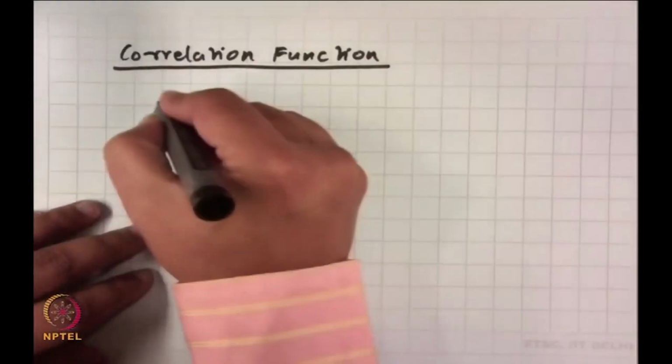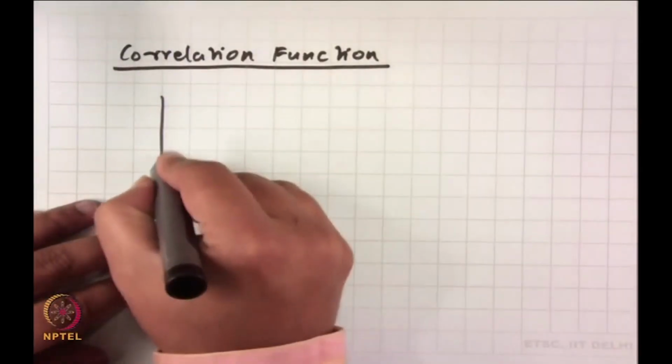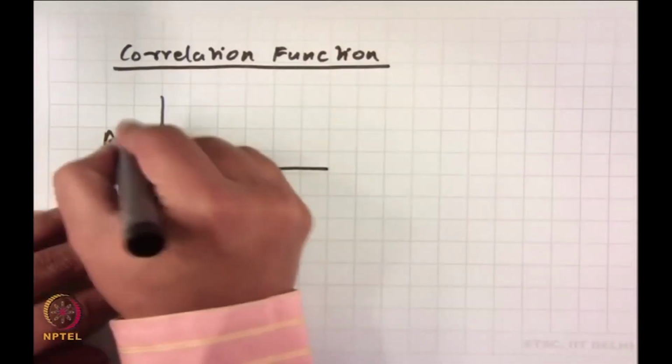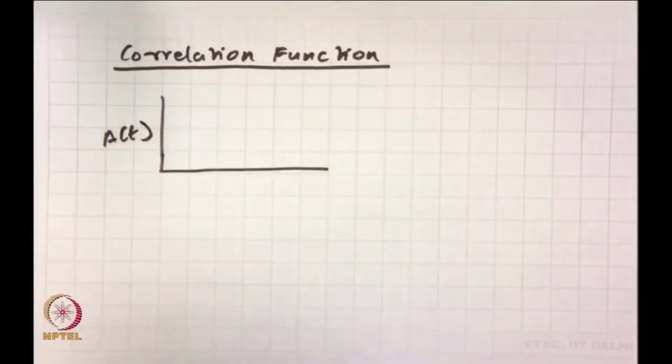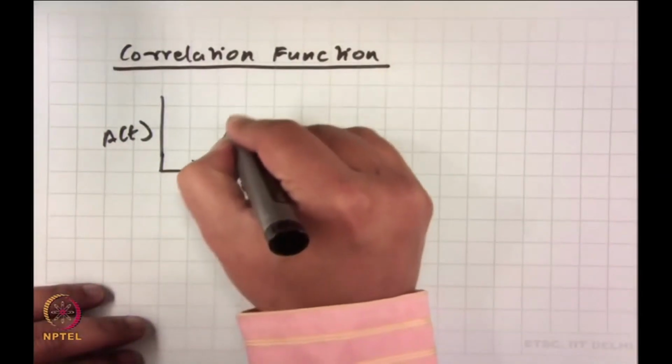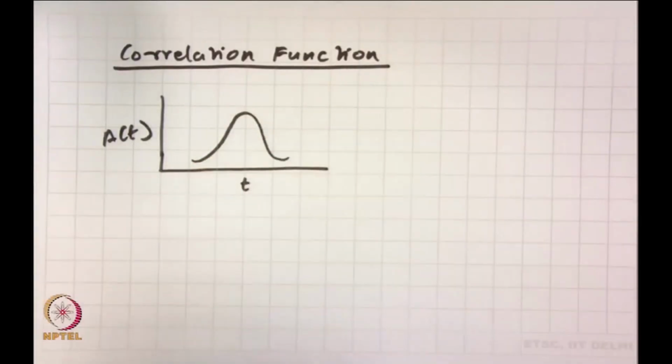So, what I was trying to show the other day pictorially, if you would try to imagine the signal A of t as a function of time t. So, this is t, and suppose you have a signal something like this. It is a fluctuating signal. I am taking only a small portion of the time t. Now, what I do is,